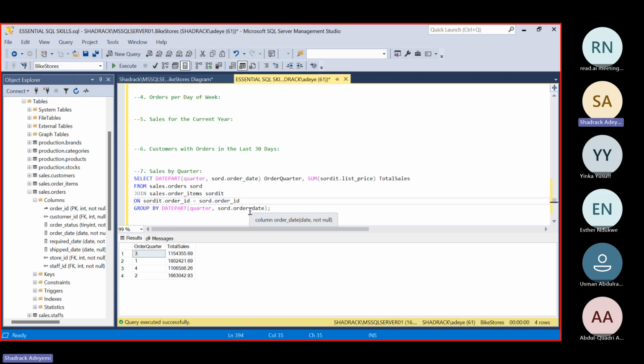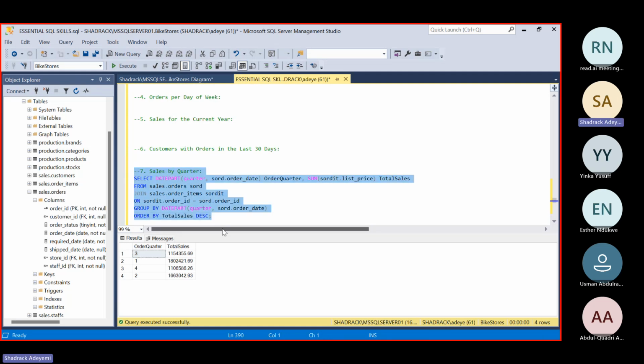So it might be that there's a specific quarter of the year, because the year, if you remember, is divided into 4 quarters, that we make the most sales. So we can decide to order this by total sales. We can take this further by saying order by this column, just so we can see it in, let's say, descending order.